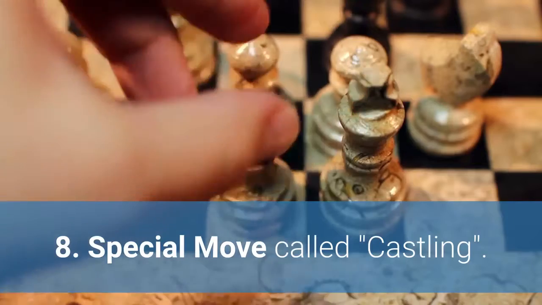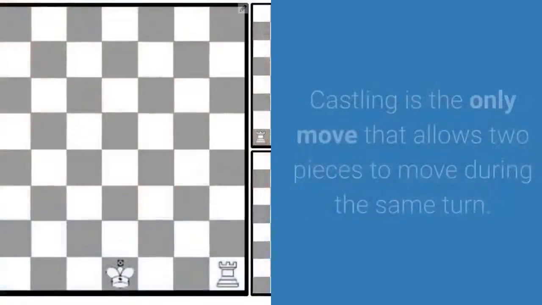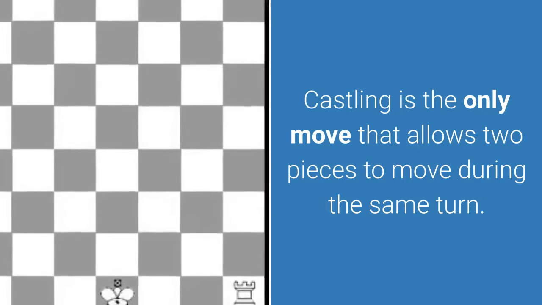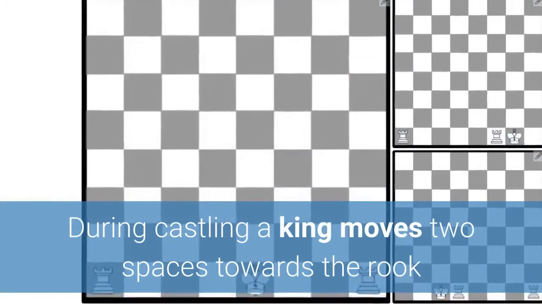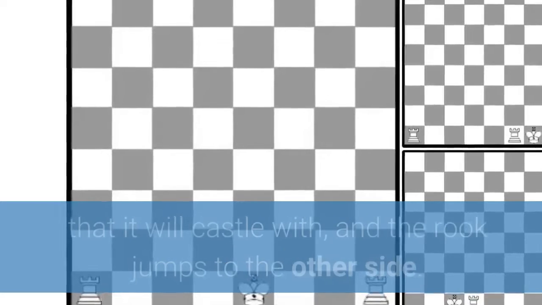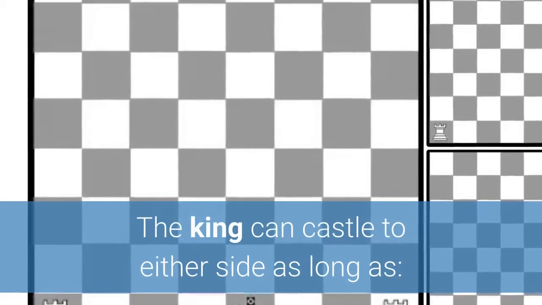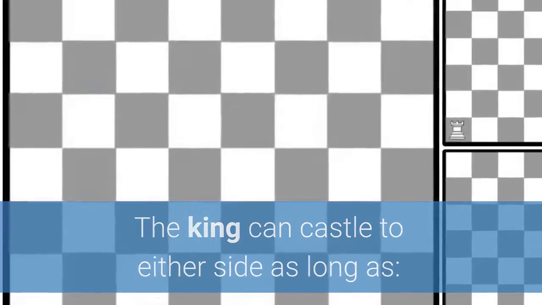8. Special move called castling. Castling is the only move that allows 2 pieces to move during the same turn. During castling, a king moves 2 spaces towards the rook that it will castle with, and the rook jumps to the other side. The king can castle to either side as long as: